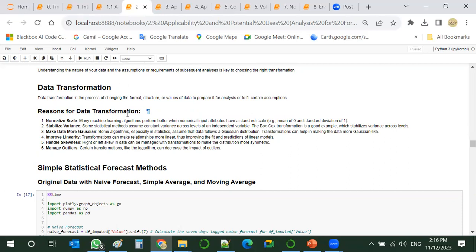We might need to stabilize the variance in the time series. We might need to make our data more normal, Gaussian in nature. Because some algorithms, actually a lot of algorithms in statistics are Gaussian based.